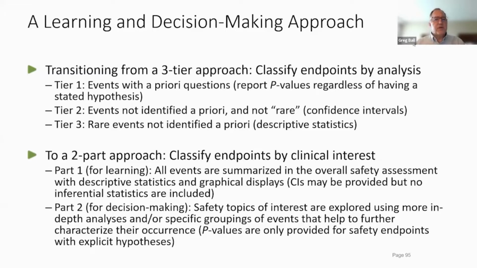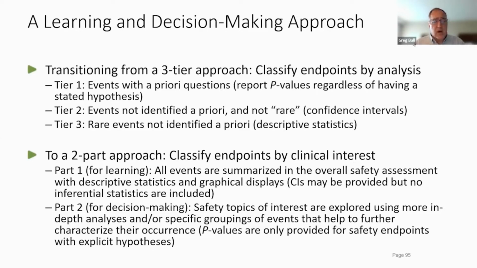So what do we need to do? We need to reimagine how we think about safety assessments, moving from, for example, a three-tiered approach, which adheres to an efficacy mindset, a testing and confirming kind of approach, where tier 1 and tier 2 are distinguished by p-values, and tier 2 and tier 3 are separated by often the rule of 4, which just means that if you have fewer than 4 events, you can't exclude 0 from the confidence interval.